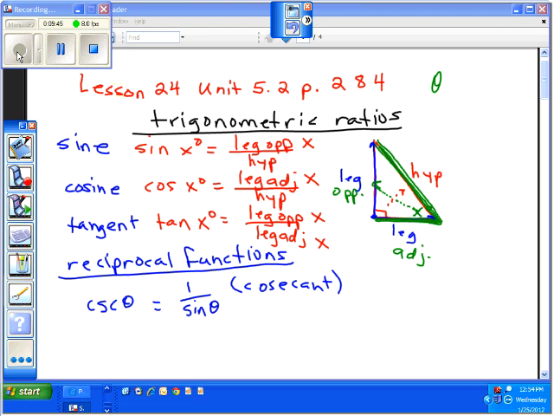And then the reciprocal of cosine. And the way we show reciprocals is 1 over. So the thing that we say is the reciprocal of cosine is secant, SEC. So cosecant is the reciprocal of sine. Secant is the reciprocal of cosine. And then when we talk about 1 over tangent,